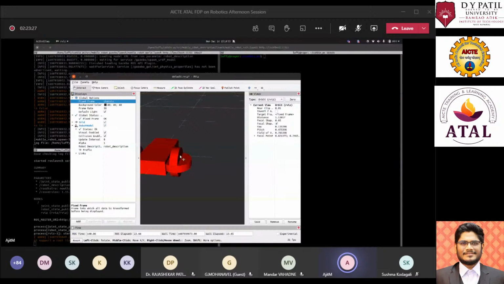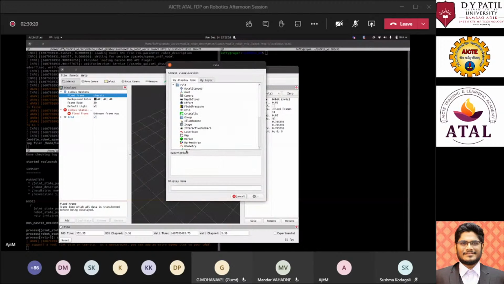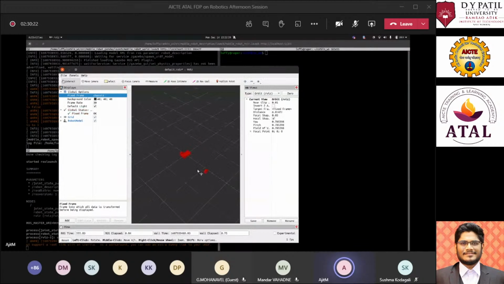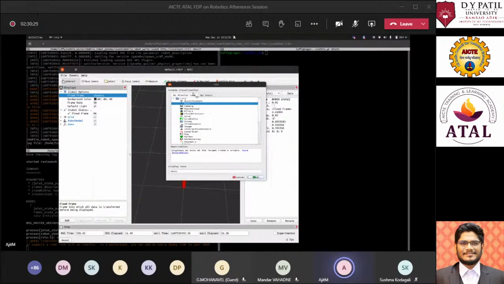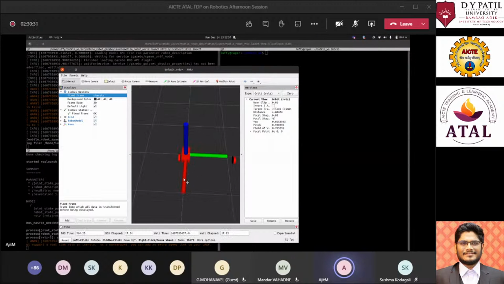So when we divide pi by 2, this becomes 90 degrees. Now I will add the axis as well so you can visualize what is happening. So here the red bar is the x-axis, the green bar is the y-axis, and the blue bar is the z-axis.